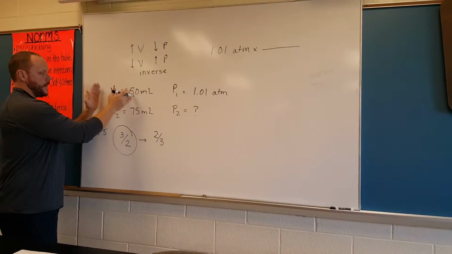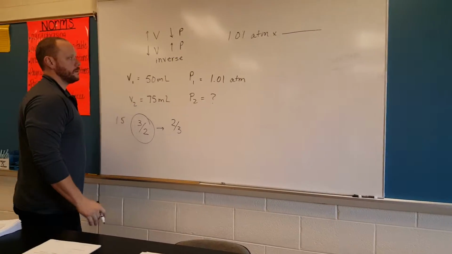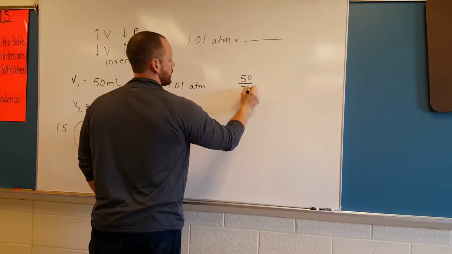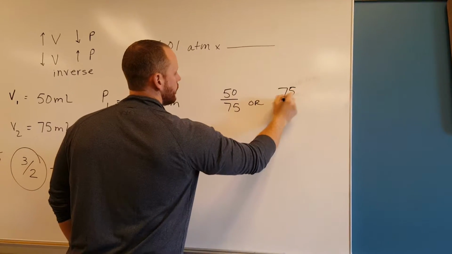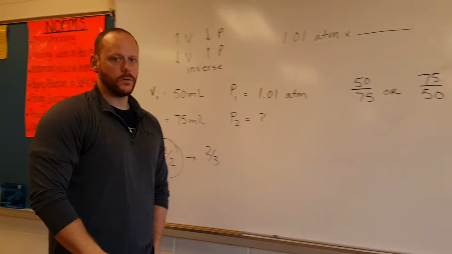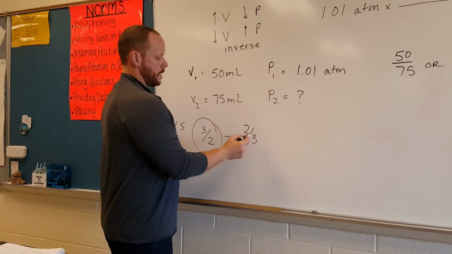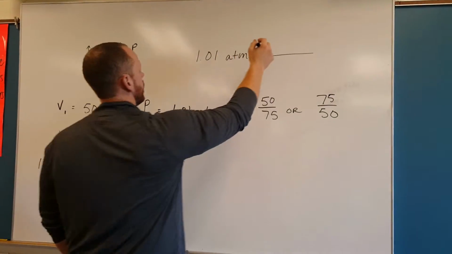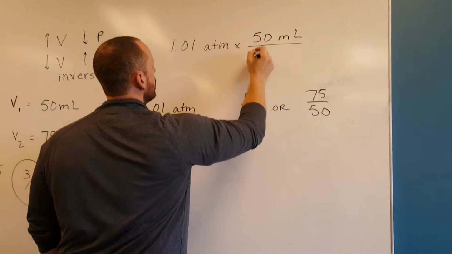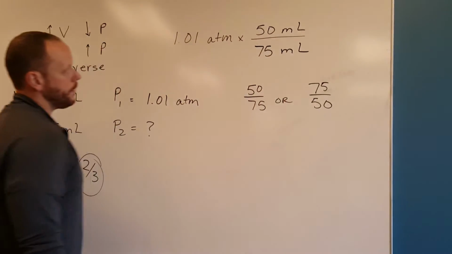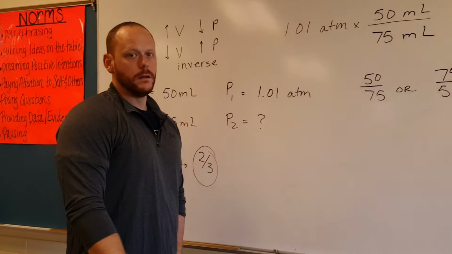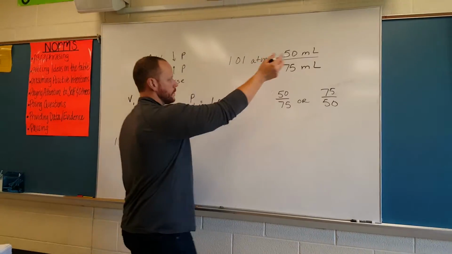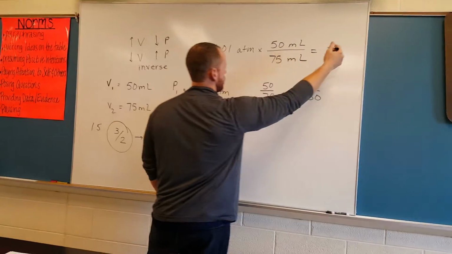In real life, volume going up makes pressure go down. I can set this up as 50/75 or as 75/50. Which one of these two is going to make that go down, and make it go down by this proportion? Most of the kids could make sense out of me saying, I think if I go like this and put the big number on the bottom, when I do my math, it's going to go down by the same proportion that it needs to. So do all that, get on the math, and you get your answer. And then it seemed to be